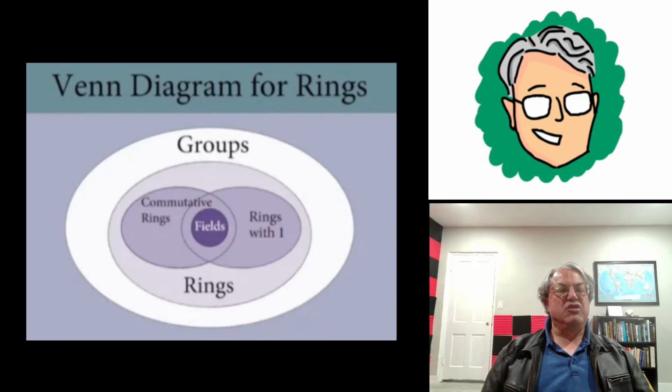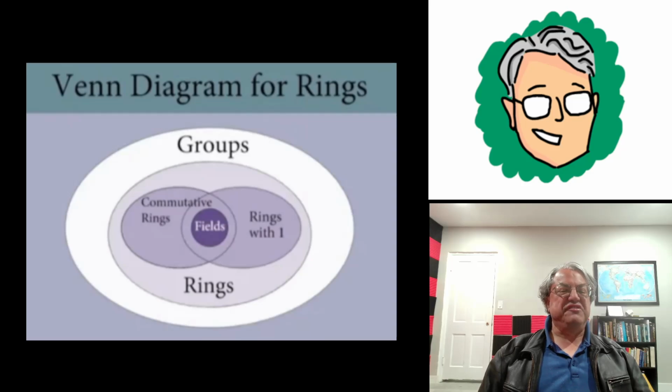So it turns out fields are always commutative rings with identity. I mean, fields always have to have the multiplicative identity element, and they also have to be commutative. There are things called skew fields. You can define fields that aren't commutative with respect to multiplication. Those are a little weird. I mean, they can be useful. Quaternions, for instance, are an example of what's called a skew field. It's not commutative with respect to multiplication, but those are a little bit weird.